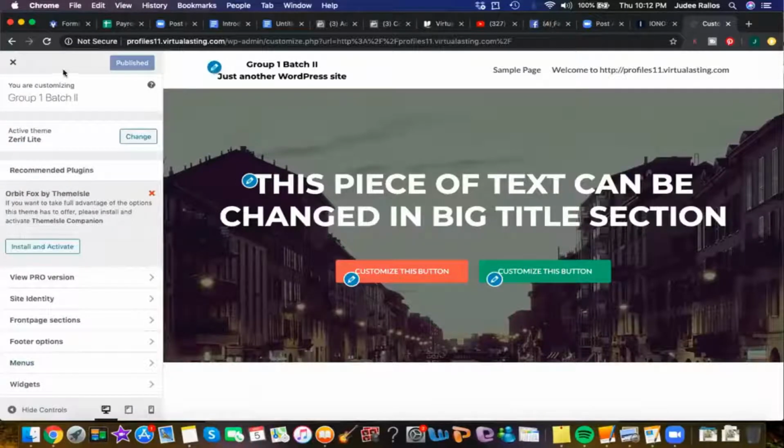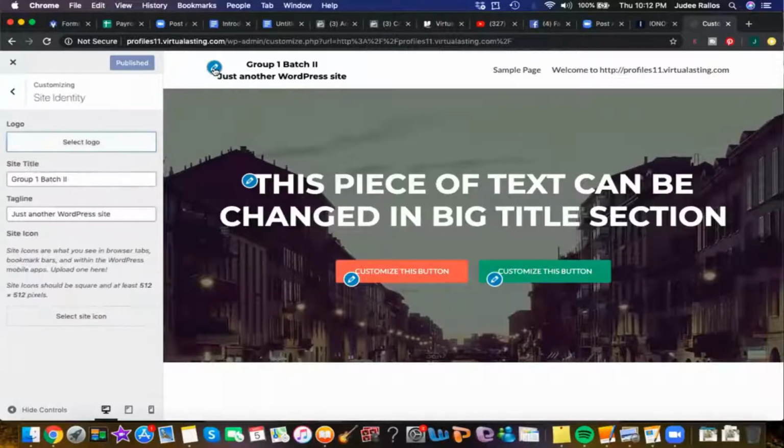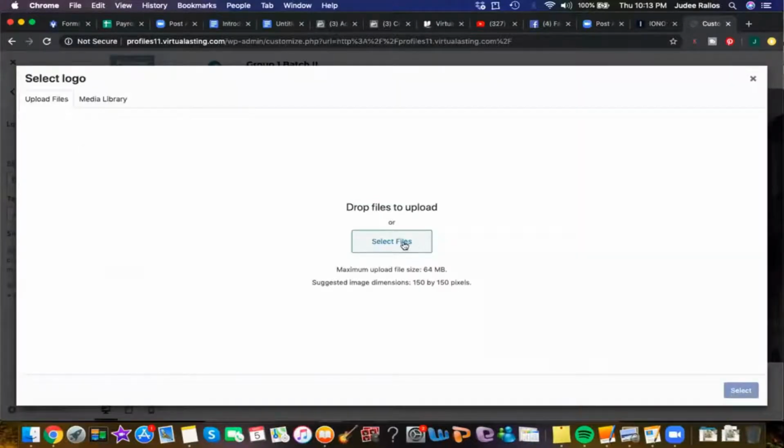So, if you click on the customize thingy, you can edit parts of the front end from here. So, let's go through it together, okay? Let's say I want to select a logo for here. Let's say